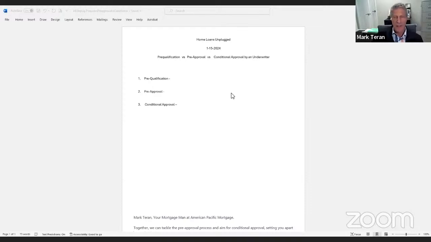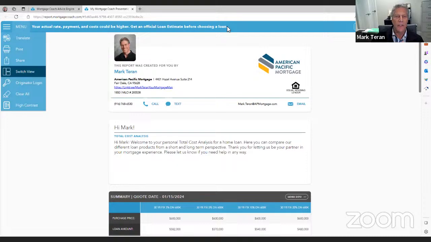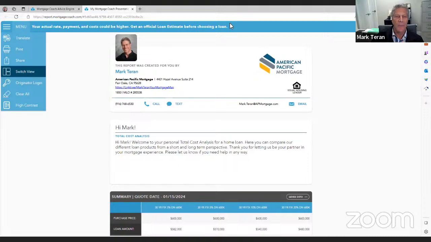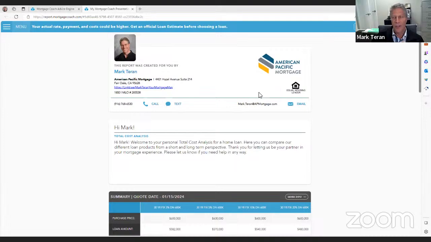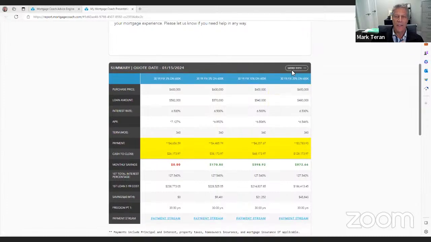And often, to help the consumer conceptualize and get an idea what that looks like, a loan officer will share some estimates with you. I'm going to bring up a tool that I use all the time. It's called Mortgage Coach. So let me bring that up in my share here, and let's make sure that you're getting to see the same thing that I am. Okay, so you'll have this sample, right? In this case, I've sent a link out. They're able to click on the link and a little video will pop up and we'll walk them through it.